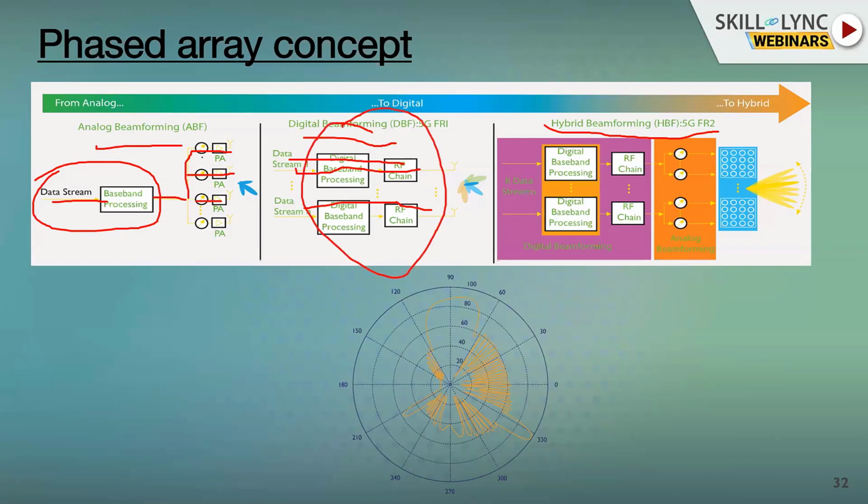Therefore, in order to compromise between these two, hybrid beamforming is used in 5G especially. Initially, we give inputs to the digital beamforming network, and then each output of the digital beamforming RF chain will be given to another analog beamforming chain. Therefore, multiple elements are served, and we can handle different frequencies of operation. Both are achievable in hybrid beamforming.